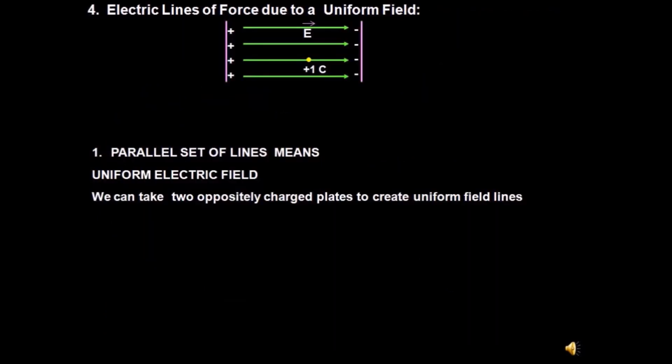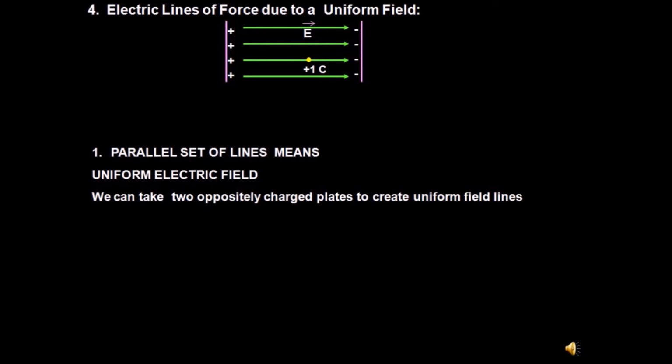We have drawn till now the electric field lines due to single charge and double charges. Now the third type of electric field lines are the field lines for the uniform field. For the uniform field, the electric field lines are a parallel set of lines, because the gap between the parallel lines is always the same. They are never too close or never far. So if the gap is similar always between the lines, this shows the uniform electric field.